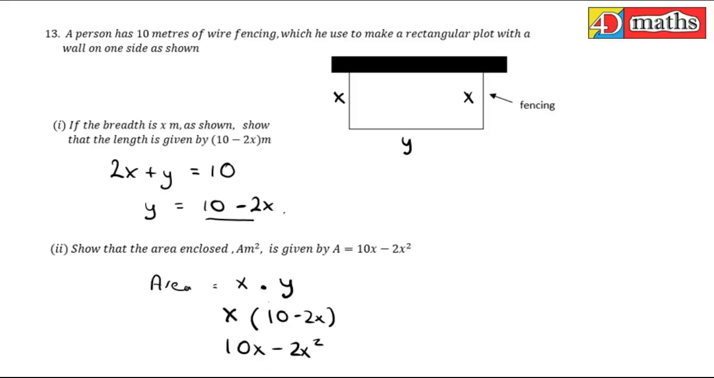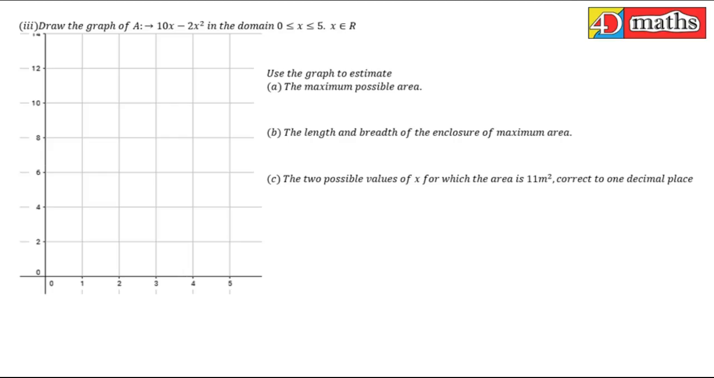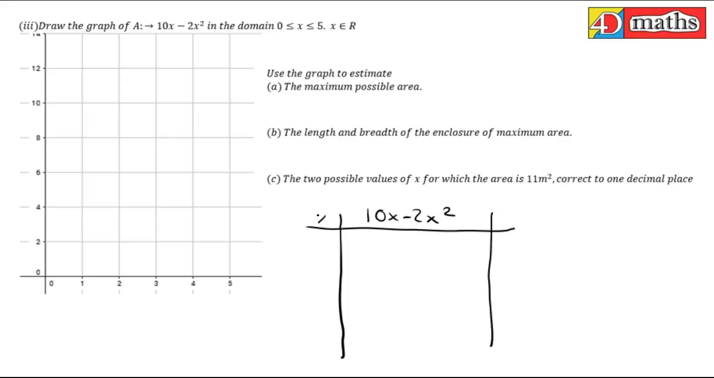Okay, so moving on to part 3 of the question. Draw the graph in this domain. So I'm going to create it with a table. So here's my function, 10x minus 2x squared. My x value is going to be going from 0 to 5. And here's my y value. So putting in 0,